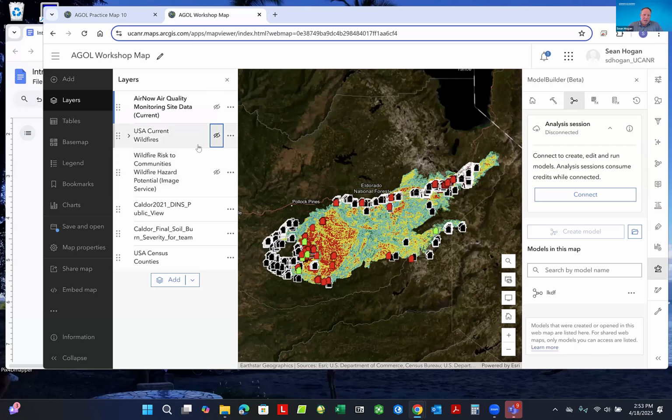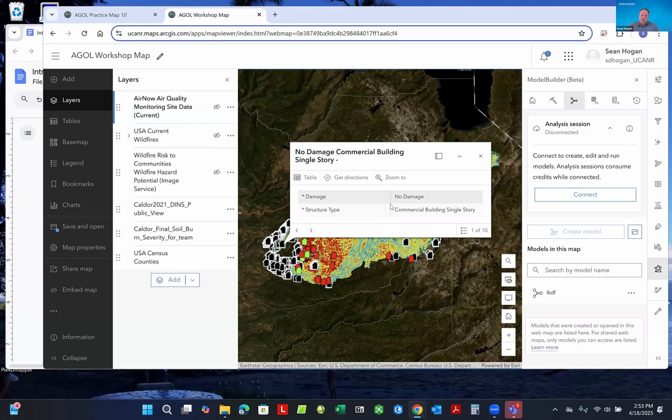So what I'm talking about is that, see all of these damaged structures right here, a lot of them are not pertinent to us. If I click on one of them, this one shows structure, no damage. And if our theme, and this is just a hypothetical theme of what this map might be, and eventually we're moving towards, is we're going to want to identify structures that are partially damaged that perhaps UCANR could lend support